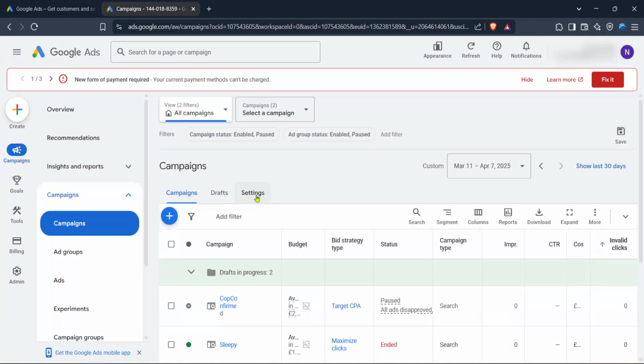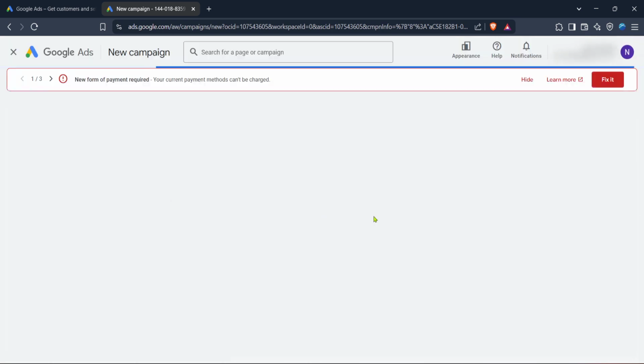Now, let's create a new campaign. Look for the New Campaign button. It's usually found on the Campaigns page. When you click it, Google provides various types of campaign goals based on what you want to achieve, whether it's driving traffic, generating leads, or increasing sales. Each option has its own specific tools and settings, so take your time to choose one that aligns with your